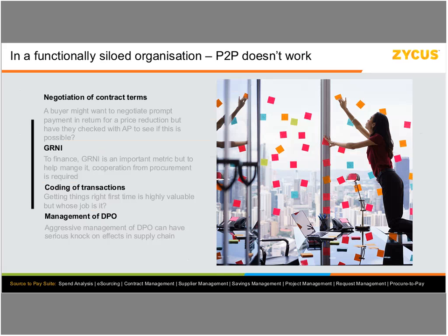So I promised you some examples. Let's think of the kinds of things that can happen in an organisation where finance and procurement don't talk to each other. Negotiation of contract terms. And I have to say these are real life examples. A buyer might want to negotiate special payment terms with the supplier. The supplier may say, yes, we can absolutely offer you this product or service at this price if you can pay us in 7 days. And I've seen examples of this where that's negotiated and that's agreed. The moment the contract is signed,